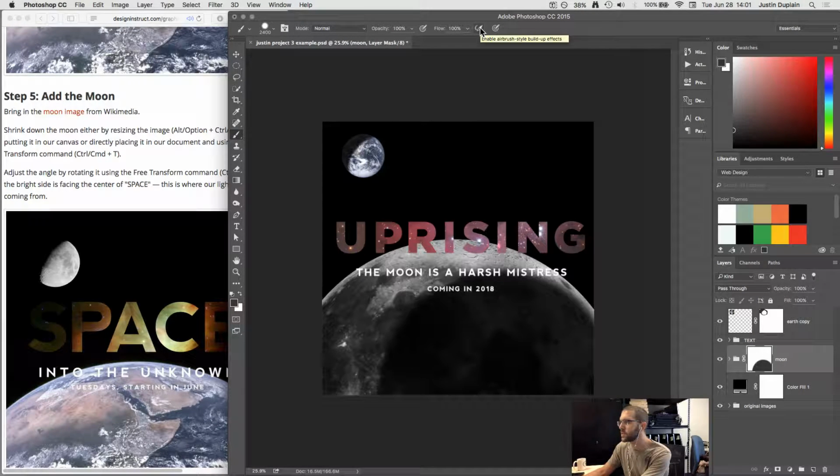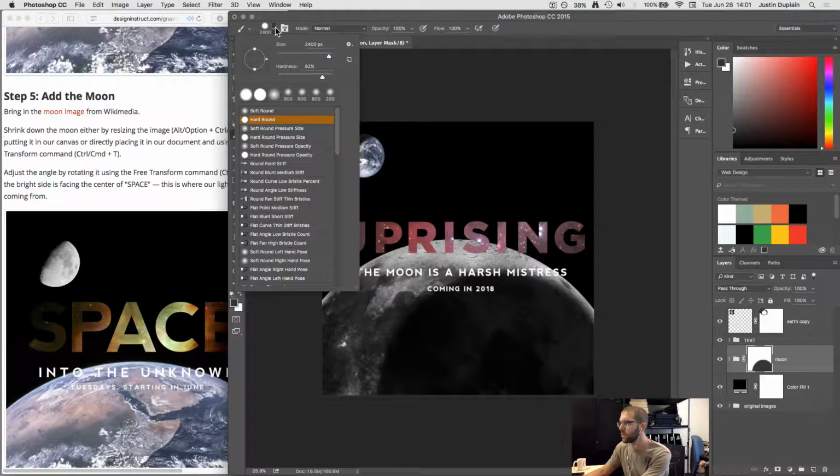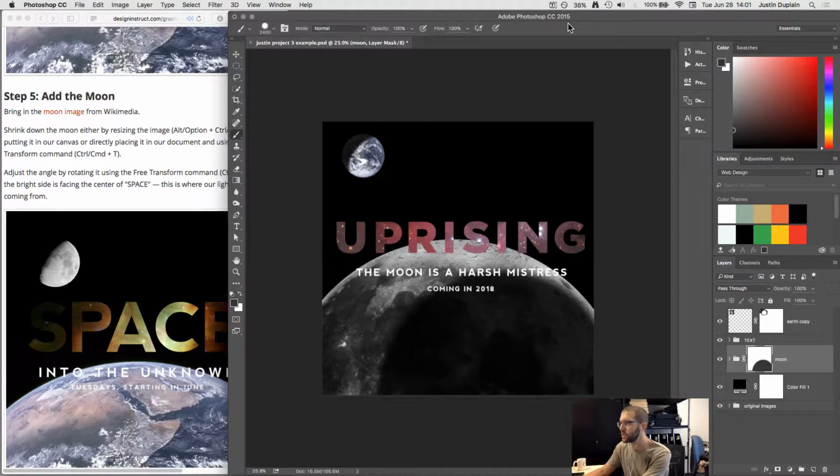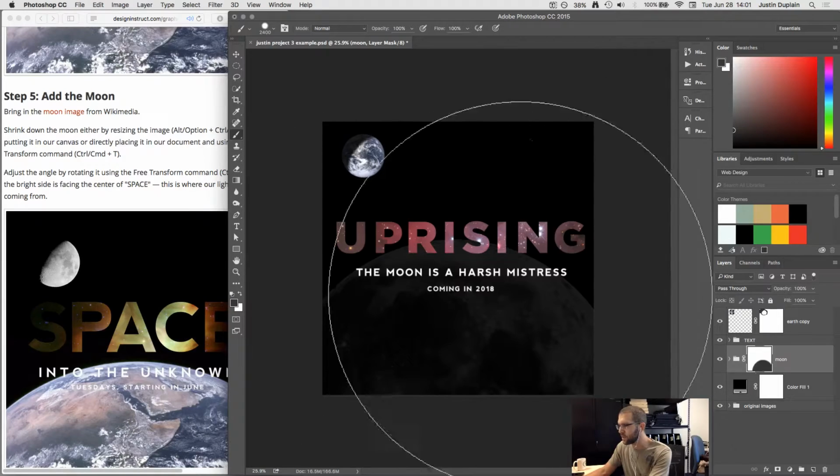What are my settings here? Okay, so I'm just trying to see what my brush settings were that's making it do that. I don't know what it is, but okay, so I'm going to put this all in shadow, and then I